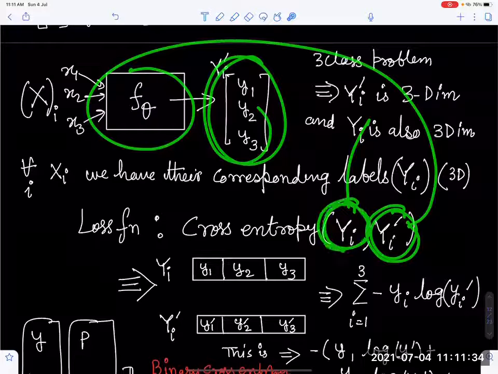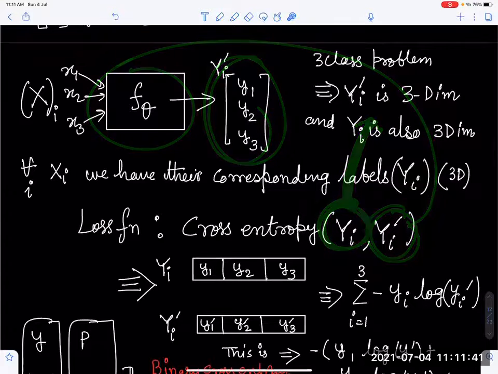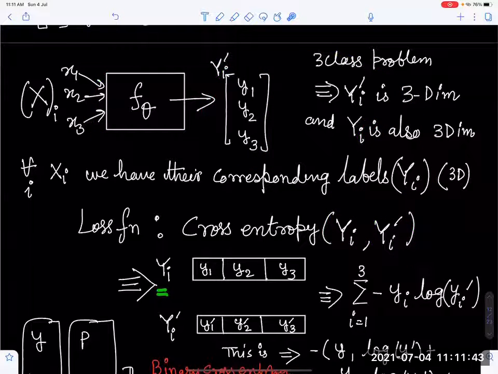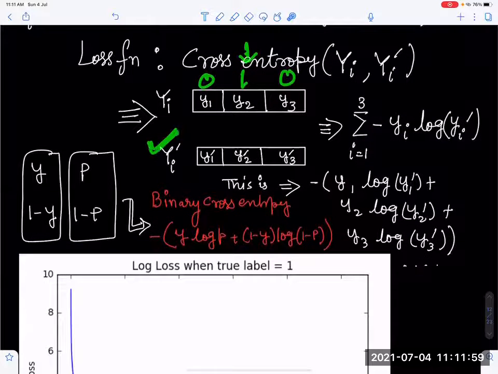How are you getting your ground truth? That is being given to you basically in your data itself. You have got y and you have got y hat. Y is nothing but one-hot encoded, which means it is 0, 1, 0, which means it belongs to the second class. And the output is going to be something like this, maybe 0.01, 0.11, 0 point something.